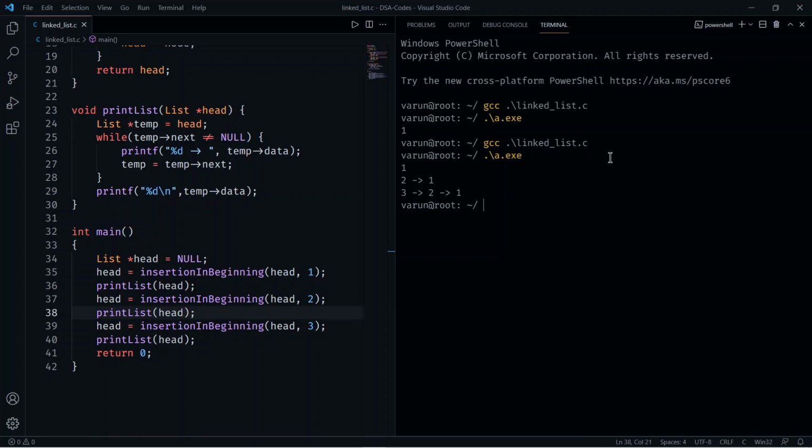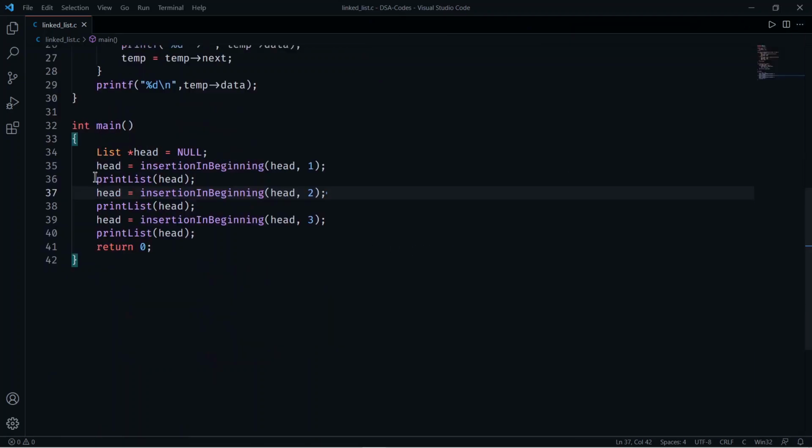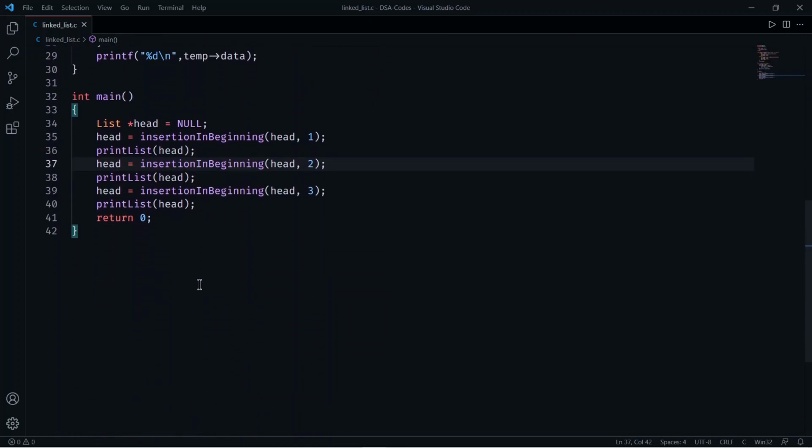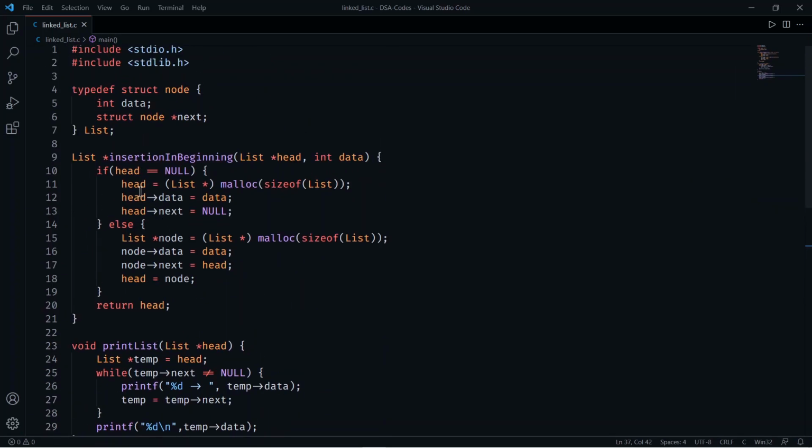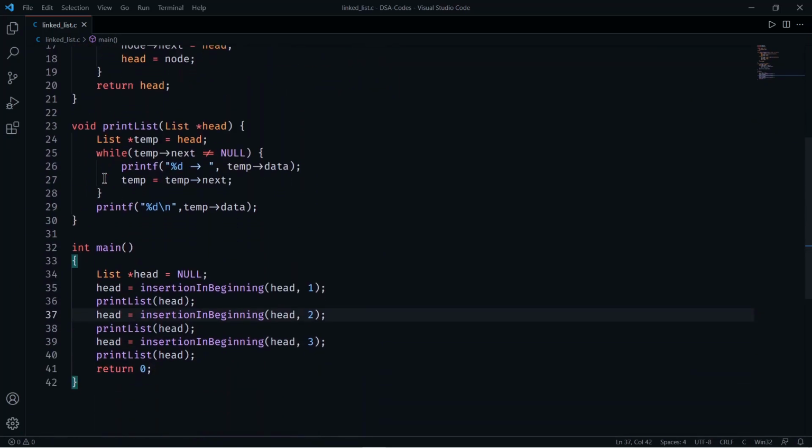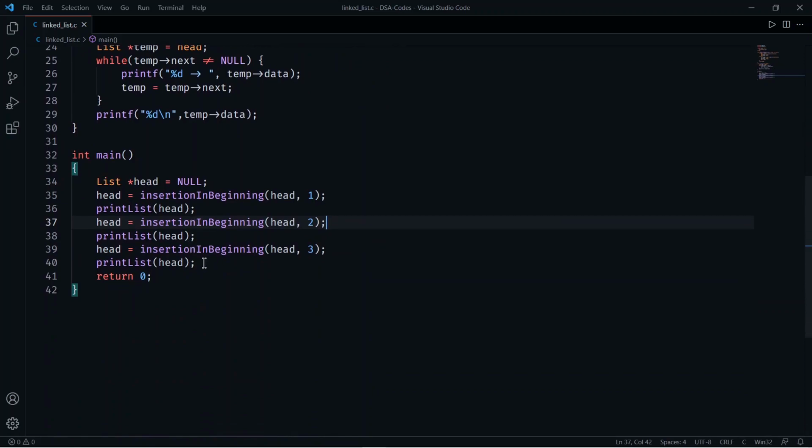Yeah, so after the first insertion our list is only 1, and after this insertion our list contains two nodes, that is 2 and 1, and from this we have 3, 2 and 1. So which means our method insertion in beginning is working fine. So we can just comment it out.